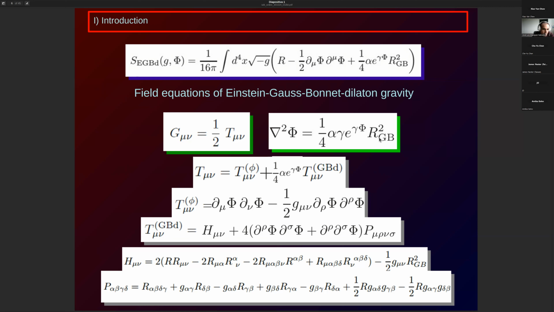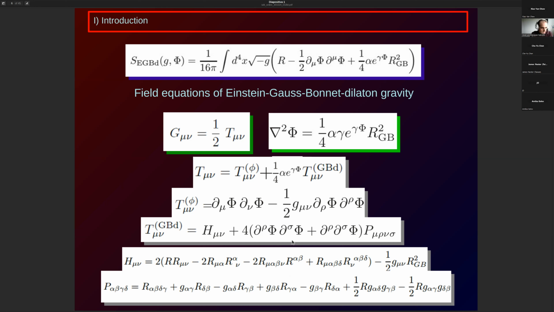Here in this stress energy tensor, if you want, you are hiding all the complexity of the theory. Now you have the standard stress energy tensor that comes from the new scalar field, but then you have some contribution from the Gauss-Bonnet theory that looks horrible, very complicated, but in general, as you can see, it's just given by the contractions of the curvature tensors with some coupling to the scalar field. Okay, that's a general idea.